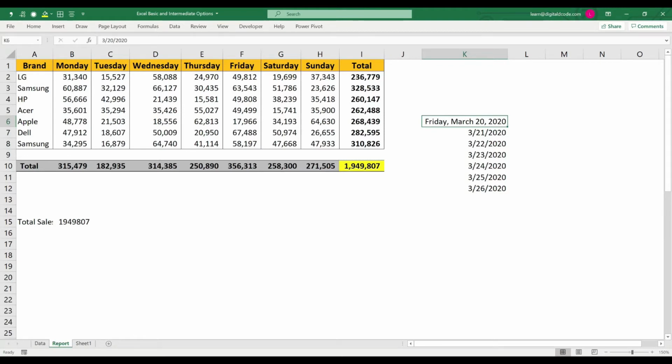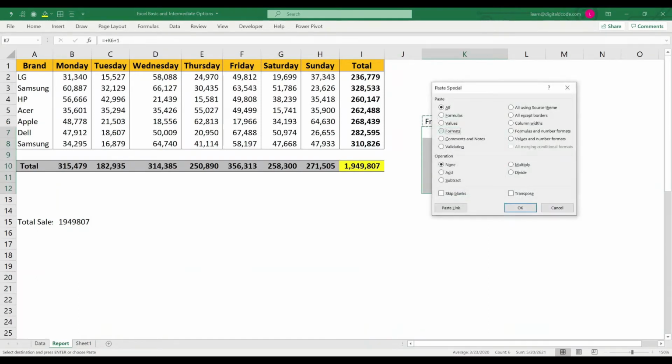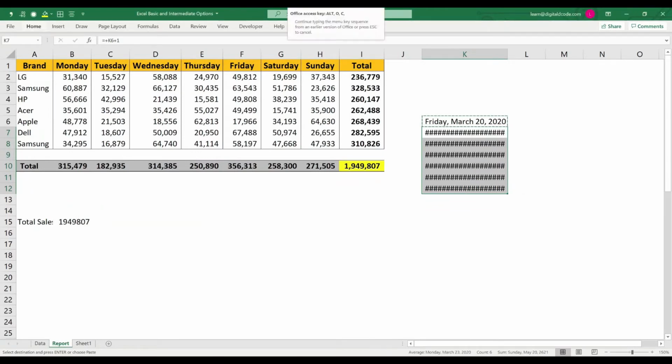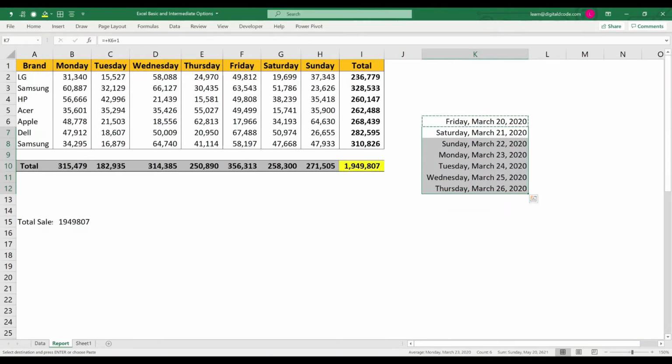To do that, copy, select the rest of the dates, Control Alt V to go to paste special, and format. Whatever format exists in the cell you copied will be applied to all the selected cells. Now you can see here. So here you can use paste special format. And the next option,